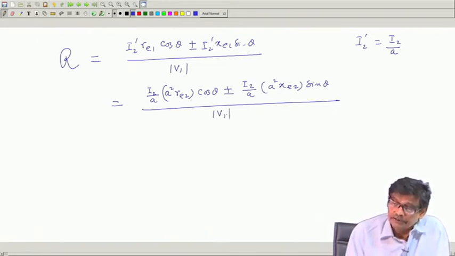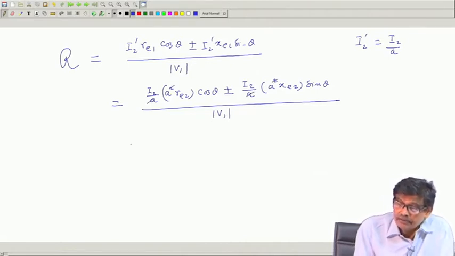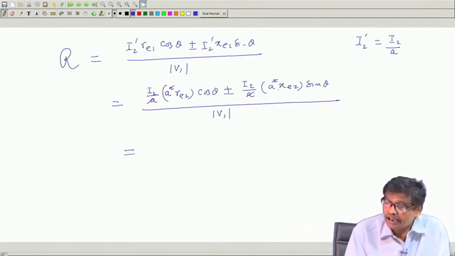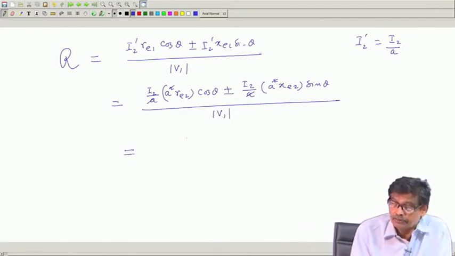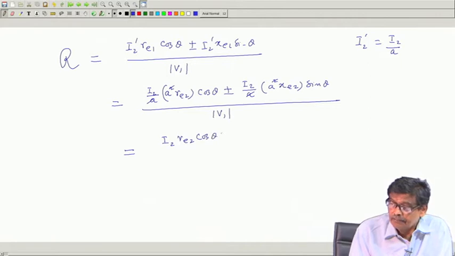Now, this A goes. And this common small a, I will bring it down. So, I can write it as I 2 R e 2 cos theta plus minus I 2 x e 2 sin theta